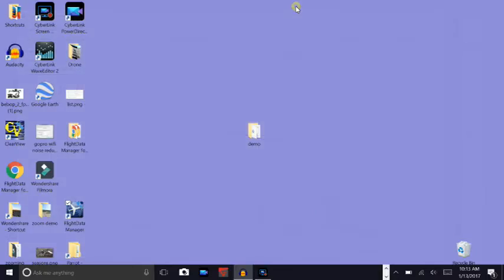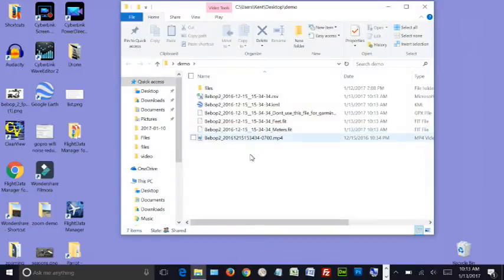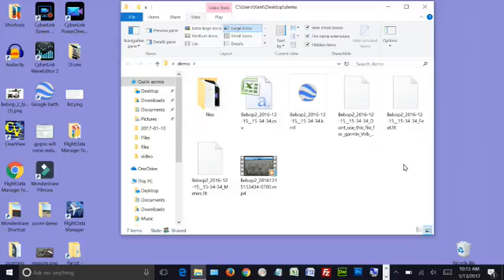We'll go down here and we'll open up our demo folder, and you'll notice now we have several more files in that folder. Okay. And let's go back to View, and let's go to Large Icons, and it makes it easier. So we have a CSV file, which is comma separated values. I can't remember what the V is for, but anyway, you can open that up in your spreadsheet. Here's the file that Google Earth would use,